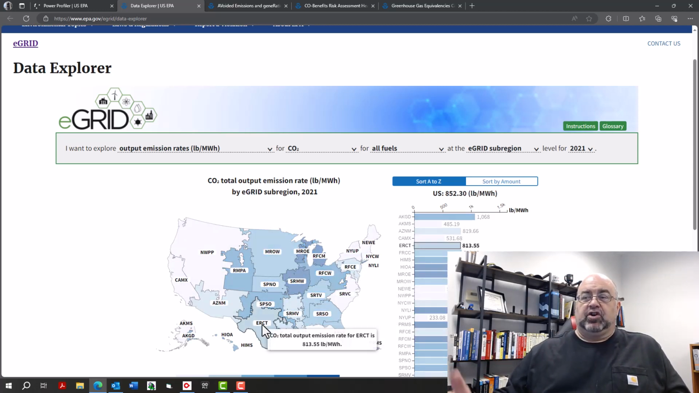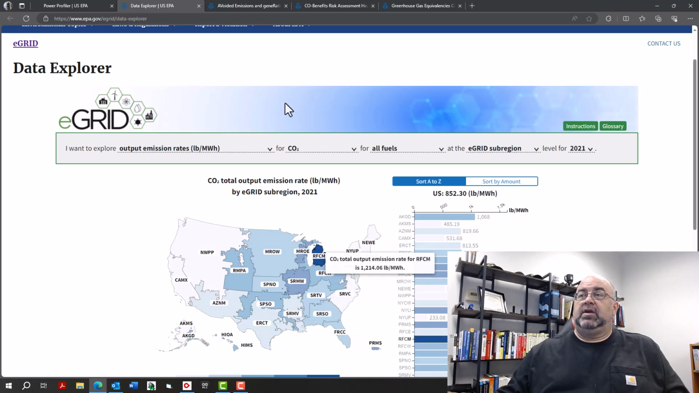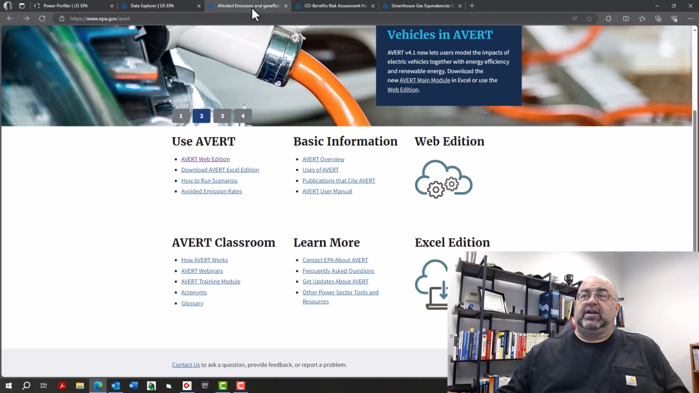If I go down to ERCOT, and we've all heard of ERCOT, that's Texas, that's 813 pounds. So this would be the value we would be using for our inventories on the electrical side. So that is somewhere around 0.3. Now their actual avoidance is going to be much higher. So if we go in and we take a look at what's called AVERT, okay, so